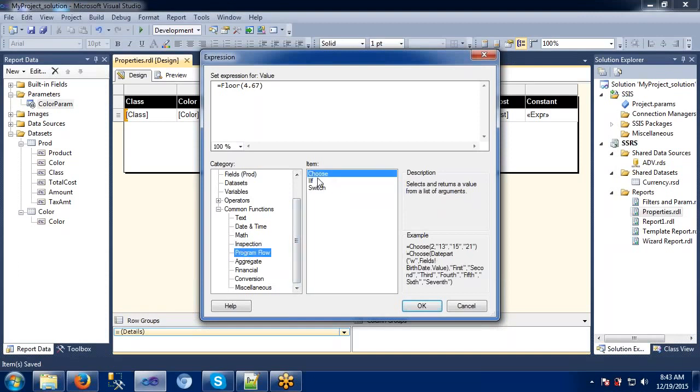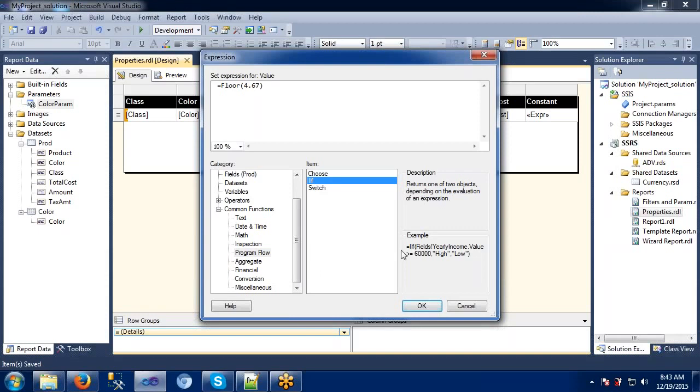Program flow, which is nothing but some case statements, conditions. If you remember this one, I have used If in so many ways, like using some color. If a condition is true, it displays something, or else does something. Like this, we have specified some If conditions here. It returns one of the two objects depending on the evaluation of the expression. So like this, we can display here, right?